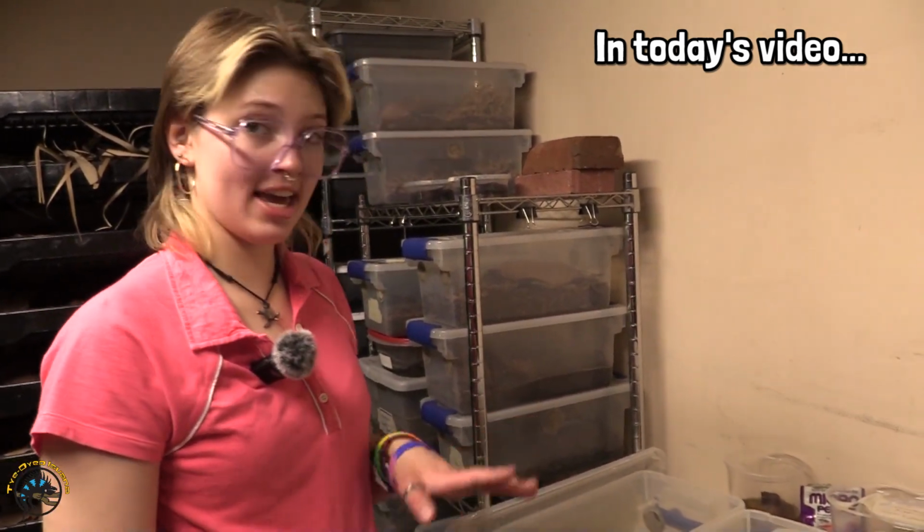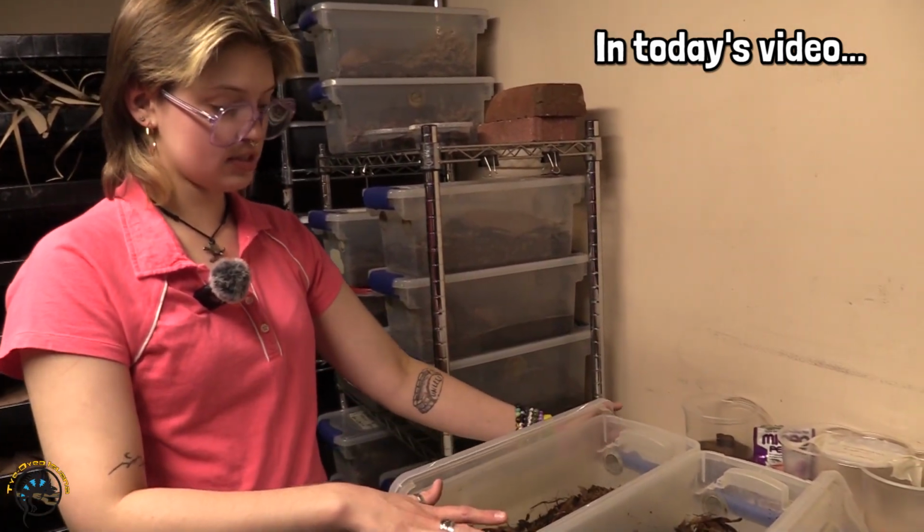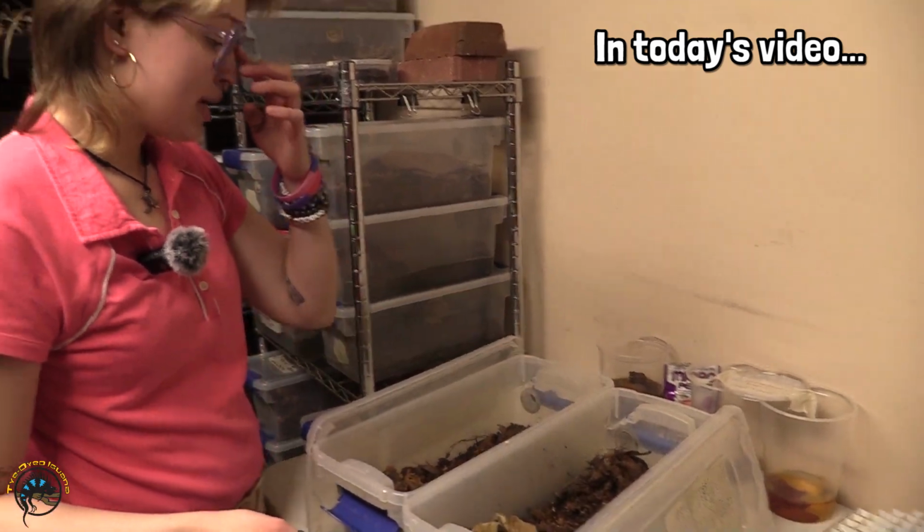Alrighty guys, so our next species that I have out for us is the P. scaber species. We have two variations of these. We have Dalmatians, which are going to be in this tub on the left, and then orange Dalmatians, which are going to be here on the right. Now these guys are really special because they actually